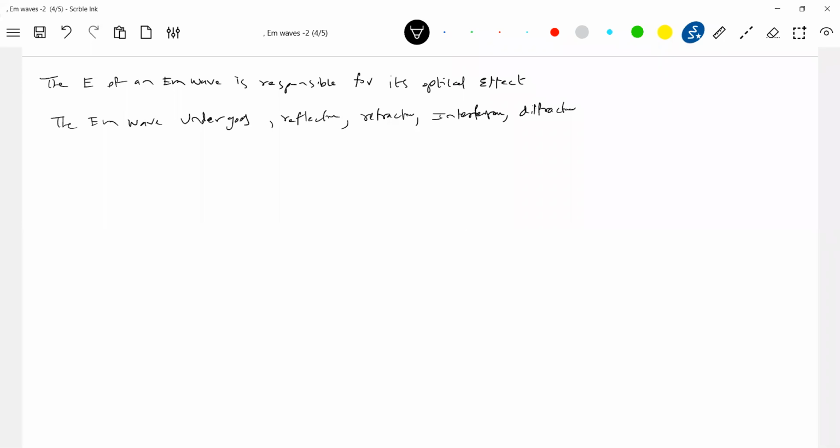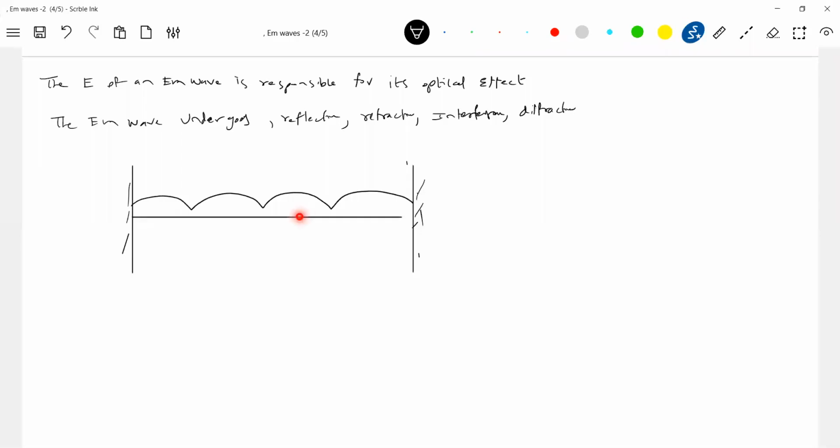Even interference, I'm telling you, standing waves. If there's a conducting medium, can we get any standing waves? A standing wave corresponding to an EM wave can be obtained, and the conducting medium should be a node. So all the things we discussed for standing waves apply to the EM wave: the superposition of two EM waves. This is the incident wave, this is the reflected wave. They undergo superposition and we get a standing wave.